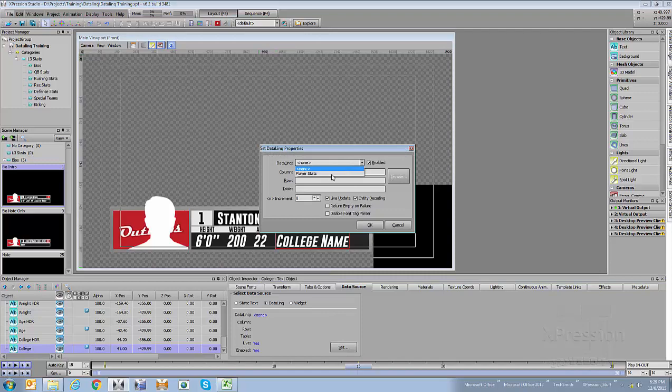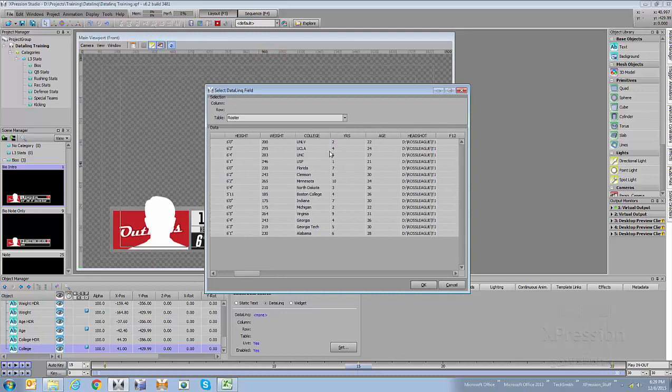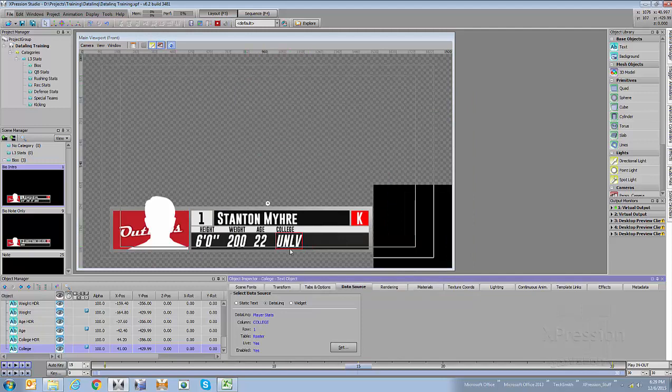And you'll see I also used proper naming conventions to be able to identify what field or object holds what information. So you can see I've got his information here.